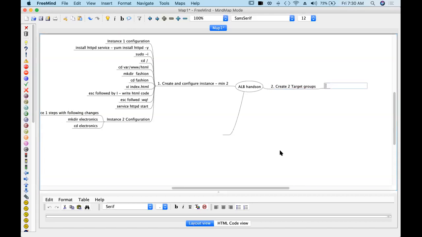Create 2 target groups: target group 1, name it fashion.